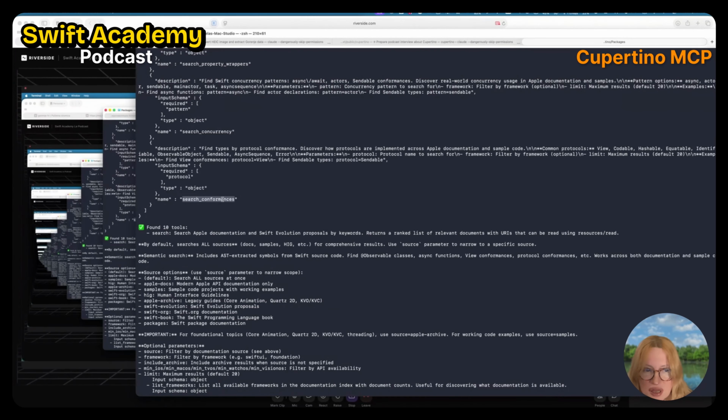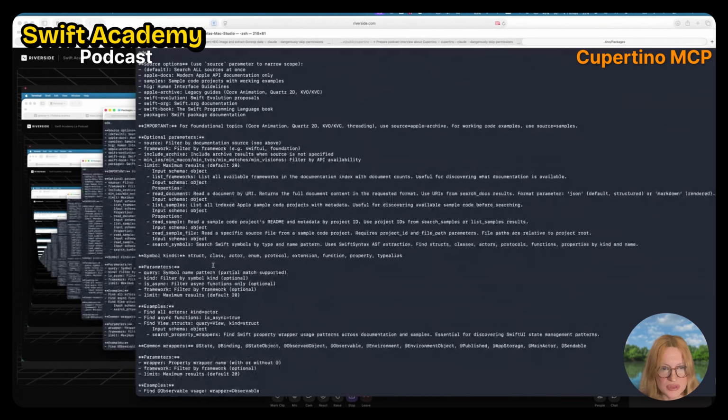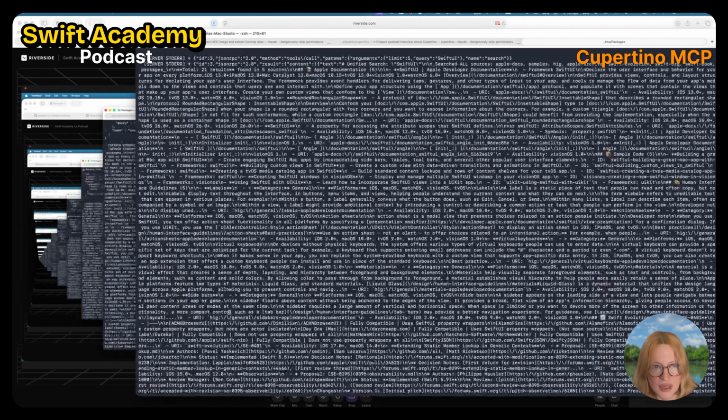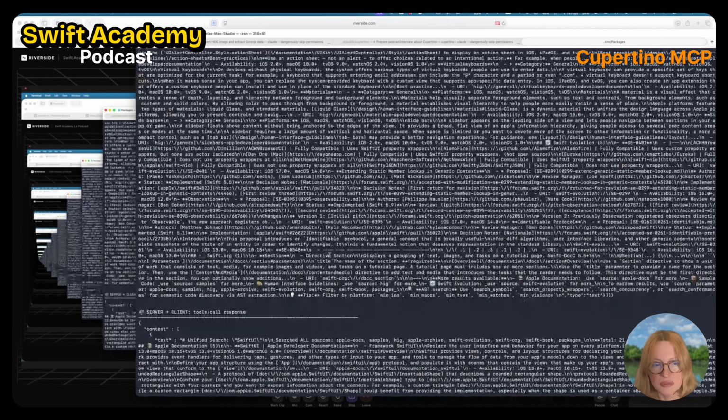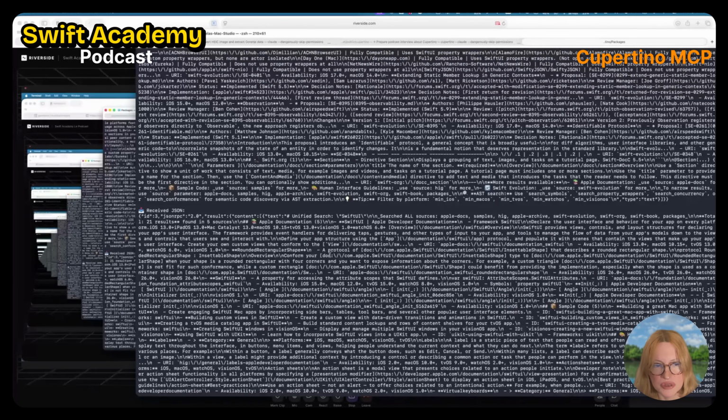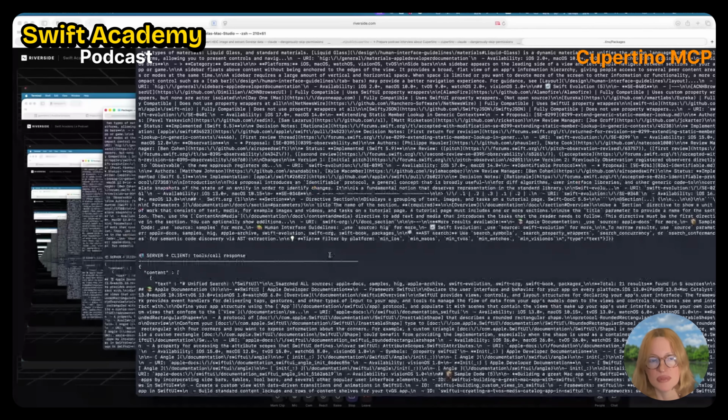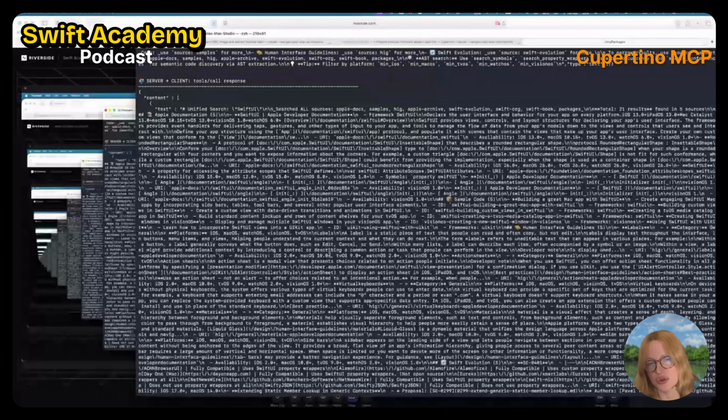So here is basically what it has to offer. And then it says found tools, 10 tools, and it shows you the tools and everything. And now it's searching for SwiftUI. And this is basically JSON-RPC, the raw response. And then it says yes, received the same one. So you can just do this by